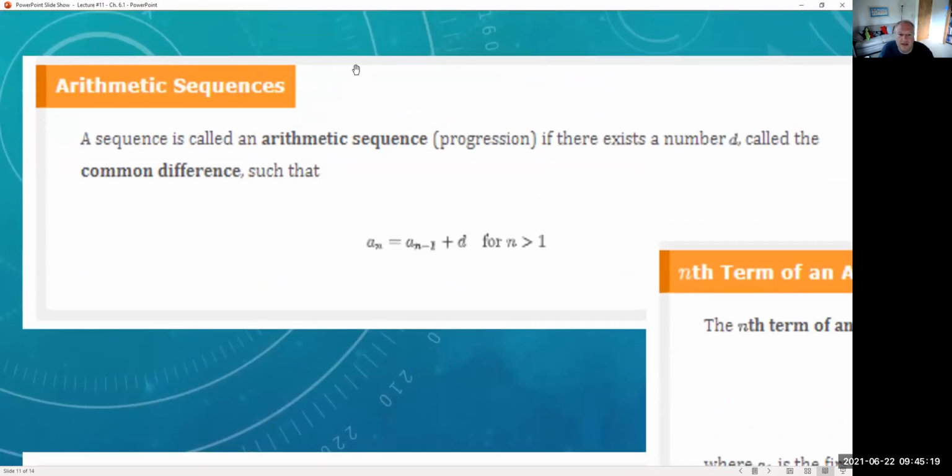It is ultimately every term that you have, meaning the nth term, is always the last term in the sequence, which is a sub n minus 1, meaning the last one. Like, for example, if I'm talking about term number A37, the last term is A36, which is 37 minus 1. So for any term that I'm thinking about, if I take the last term just behind it, which is called a sub n minus 1, and add the common difference to it,